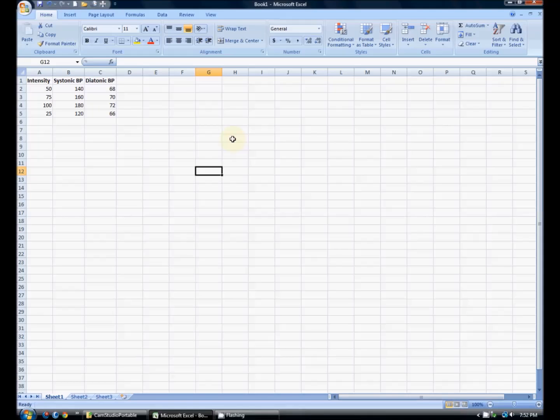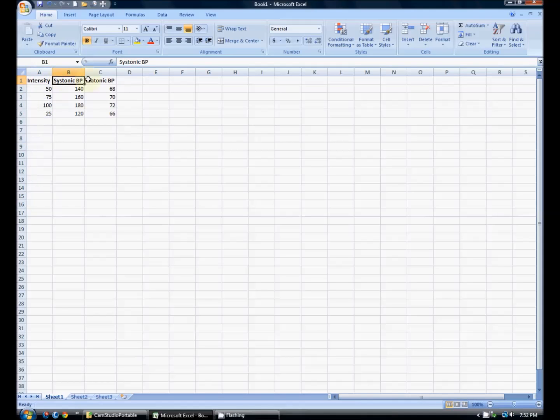In this video, I'm going to show you how to input data into an Excel sheet and then use that data to make a chart or a graph. So the first thing you want to do is obviously get your data and input it into your Excel sheet. As you can see here, I put my x-axis or horizontal axis information into the A column,